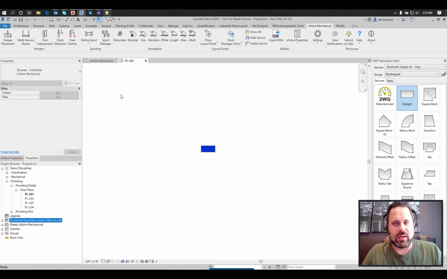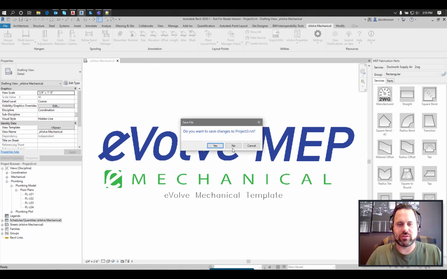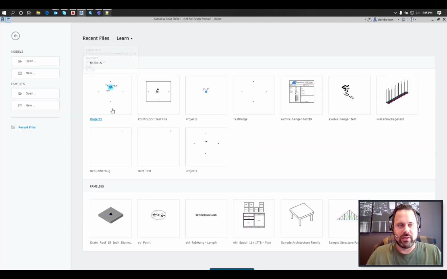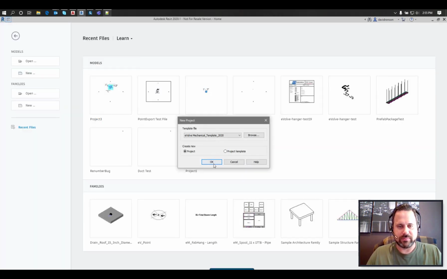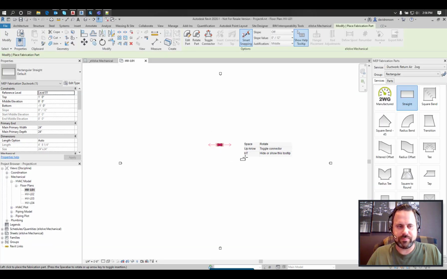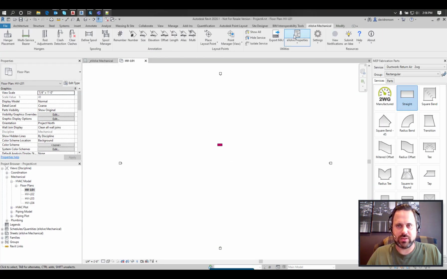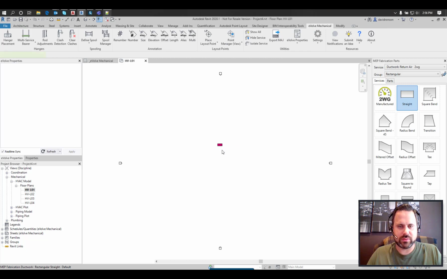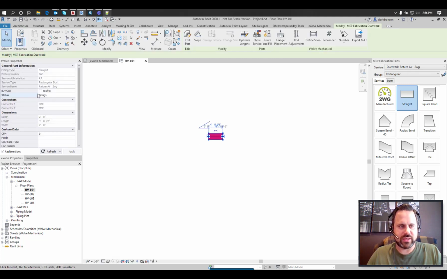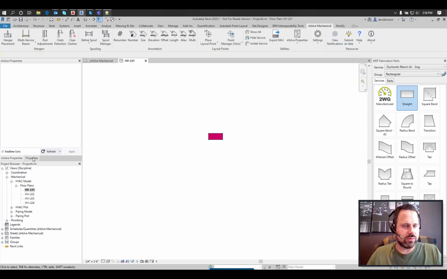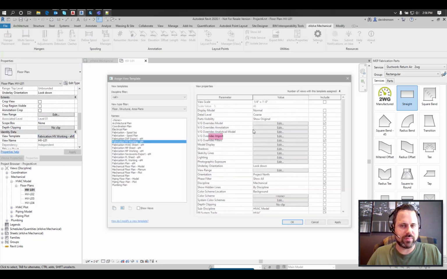Unfortunately, there's not a good way to update the current existing project with the change that we just made. So this is really going to be more strategizing around the next project. So I'm going to start a new project. Add a part to the model, turn on my eVolve parameters. You'll see the status is in design. Now when I go to my view templates,